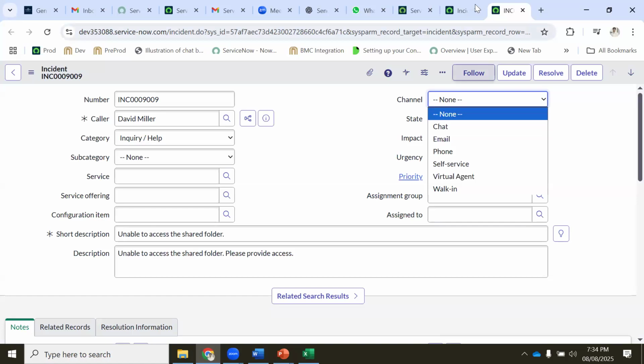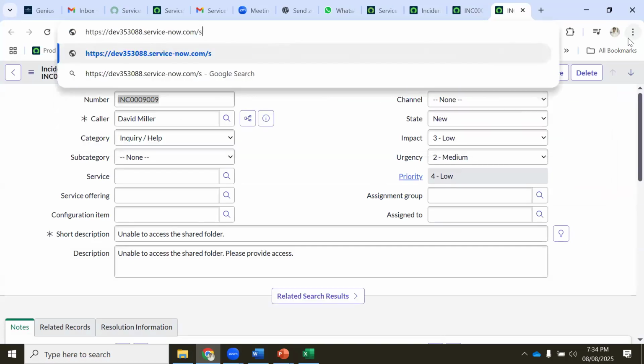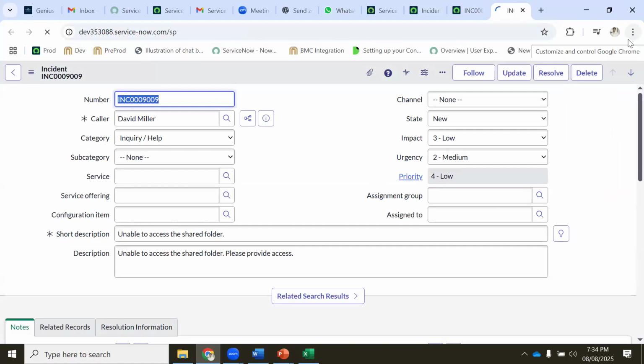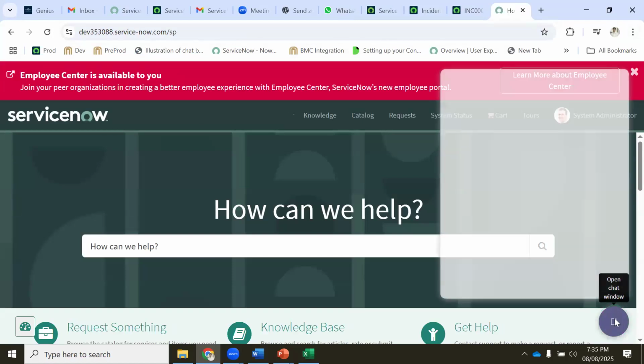So chat means you have a chat where SP. If you open Service Portal, the user says, I have an issue, my laptop is not working, correct? So where do I go? I have a chat here. See, in the right side, bottom corner, I have a chat.